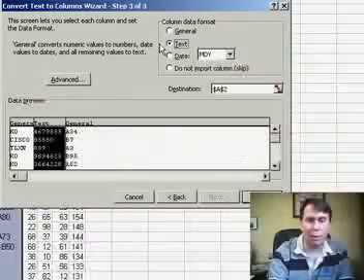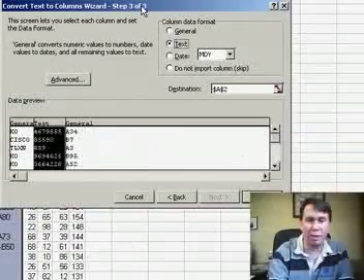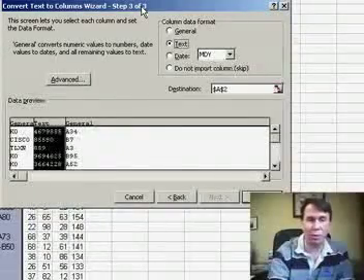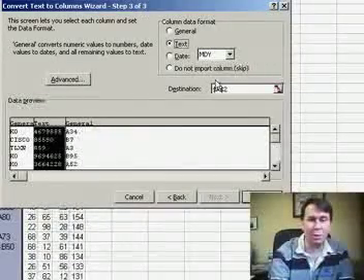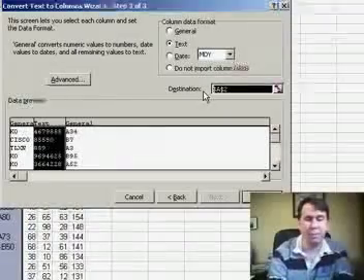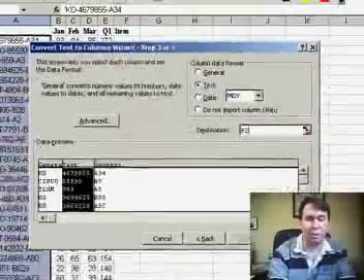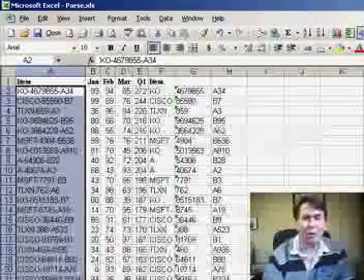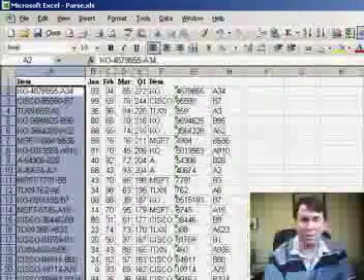And then finally, we want to choose where we want the cell to go. We don't have enough space to put it in A because it's actually going to create 3 new columns. So let's choose to put that in F2. Click Finish. And our data is broken apart without having to know any of those crazy functions that I talked